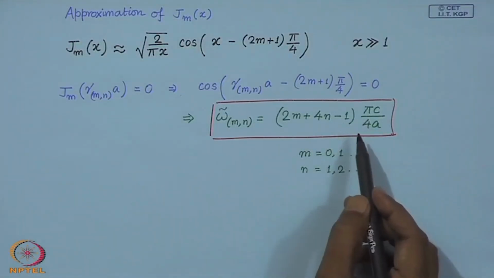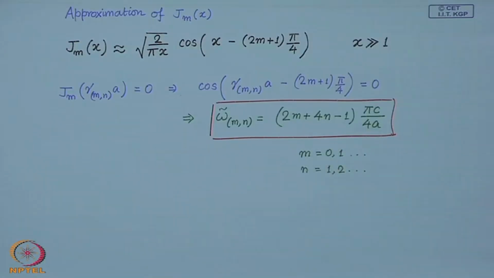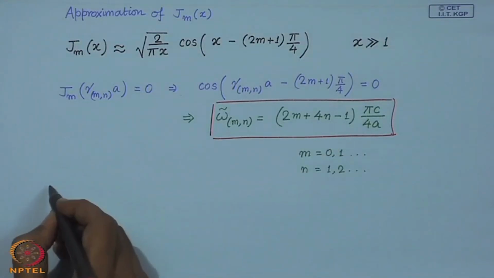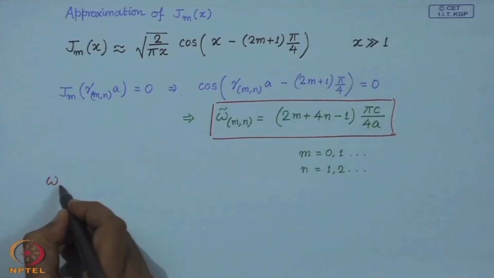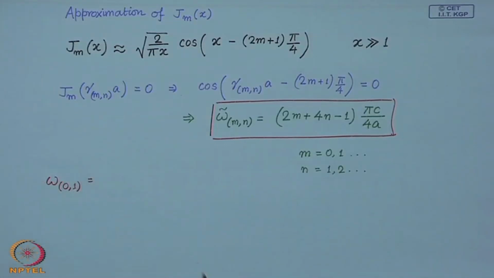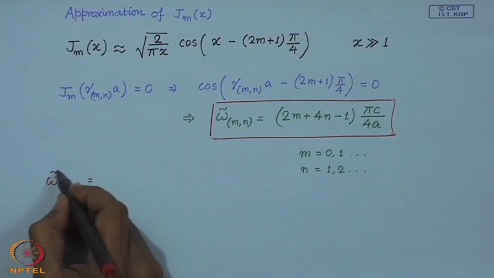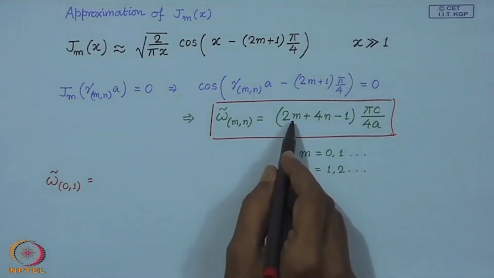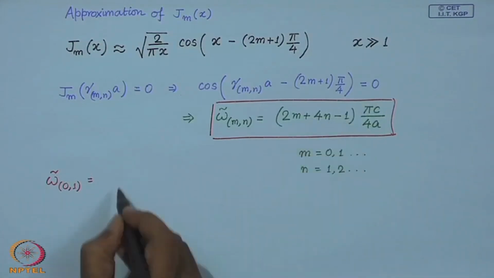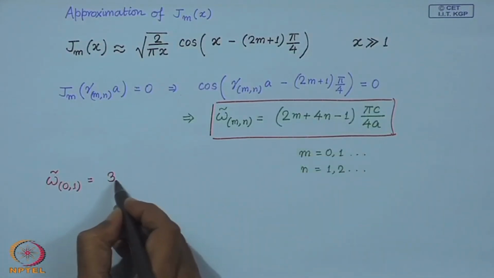Now, let us see how good is this approximation. Let me calculate, let us say, omega 0 comma 1, with a tilde. So, this is m is 0, n is 1. So, this gives me 3